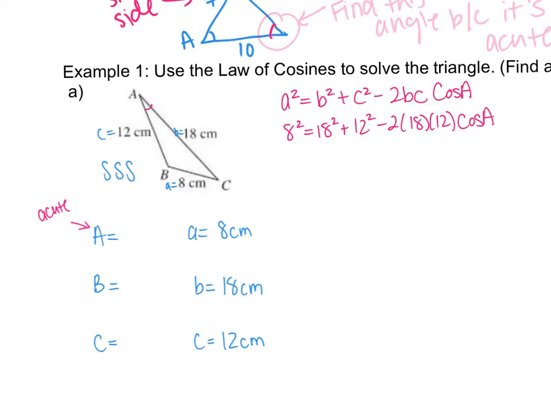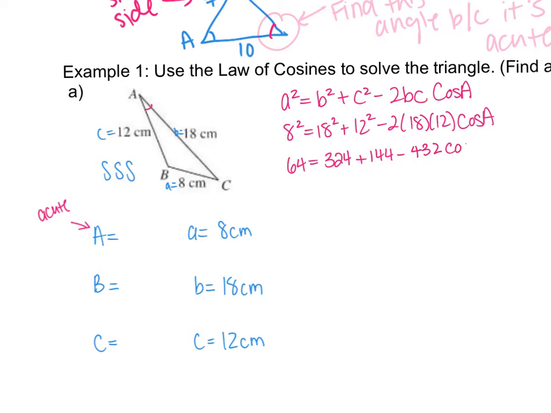So first things first, I am going to try to multiply or square these so I can start moving things over to the other side. So 8 squared is 64. You might need a calculator here because I don't know what 18 squared is, but your calculator does. And so that gives us 324. 12 squared is 144. If I multiply all these numbers, 2 times 18 times 12, that gives me